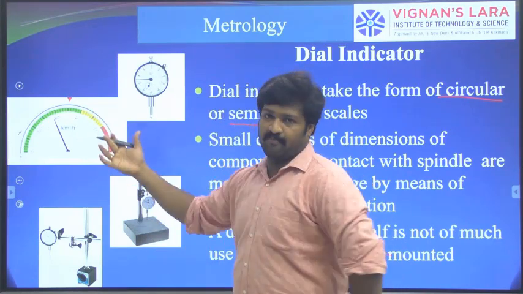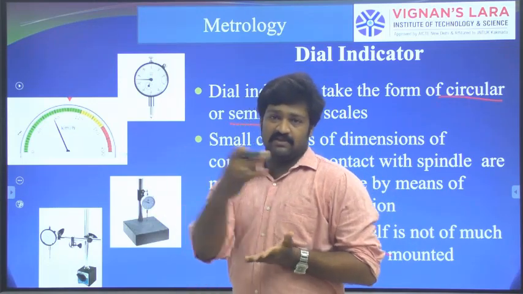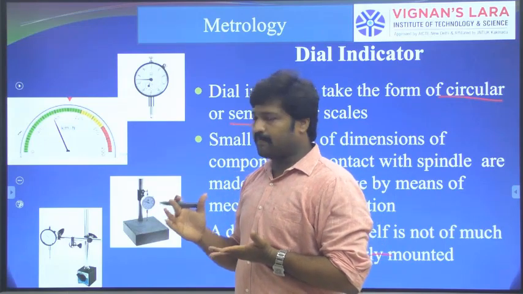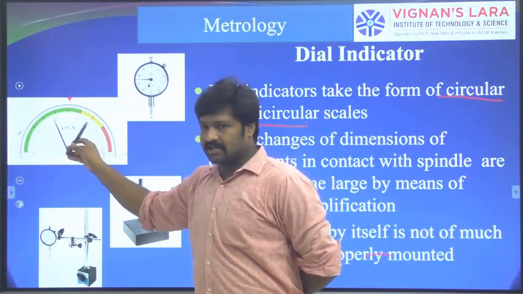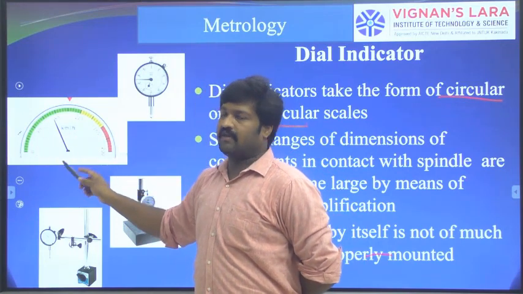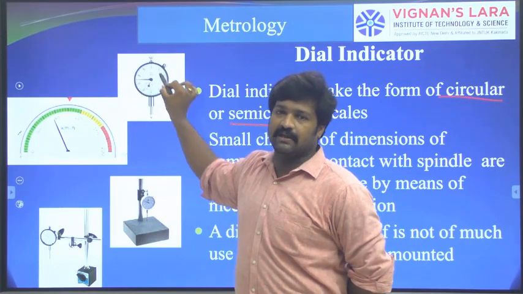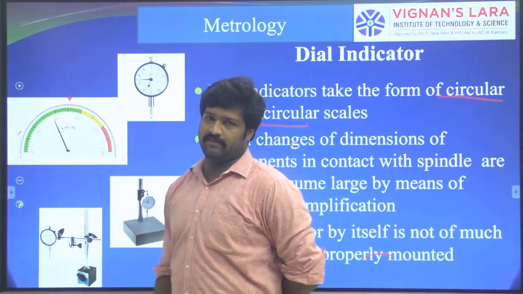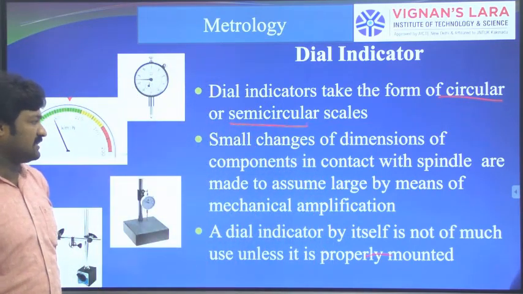For example, our bike speedometer. As we know, a speedometer consists of 0 to 120, roughly, speed in kilometers per hour. So it is a sector reading. Only a sector division can be noted here, whereas in circular dial indicators, a complete 360 degree division can take place. Here only a limited sector, for example speedometers.